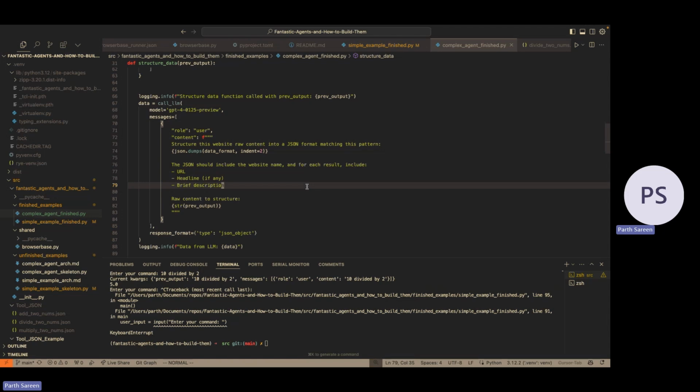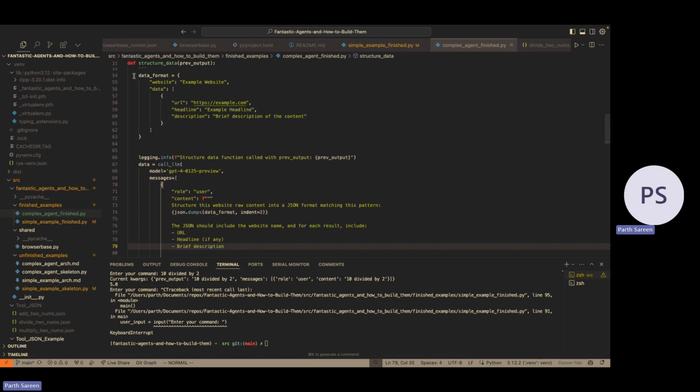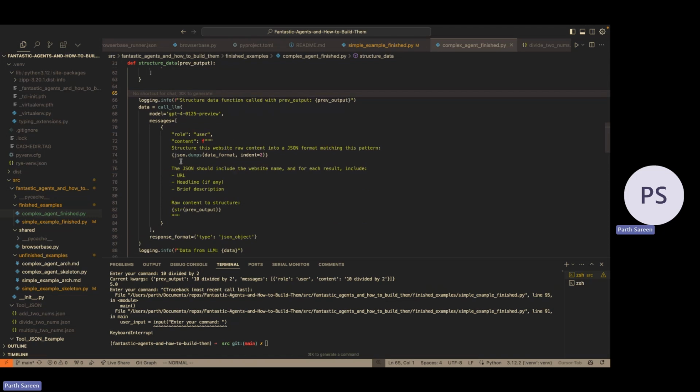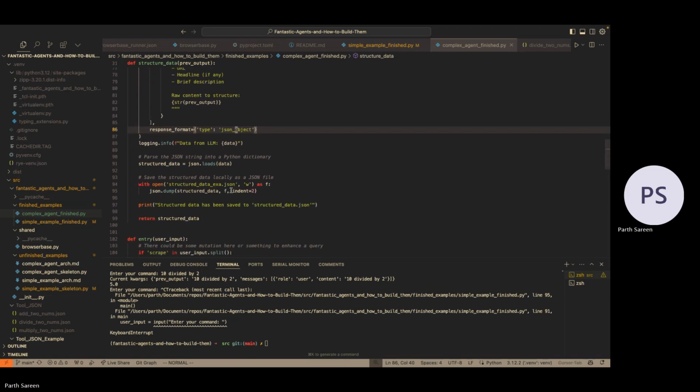So a very big powerful use for agents and LLMs is that you're able to go from something that is completely unstructured to something that can be consistently structured for your data needs. And this is done through prompting. So over here, you can see that I created a little format for my data, and I want it to be done in this format. So I prompted it. I said, okay, structure this raw content, make sure it is this, and then basically just turn on JSON mode, which is type response format should be type JSON object, and et cetera, et cetera.